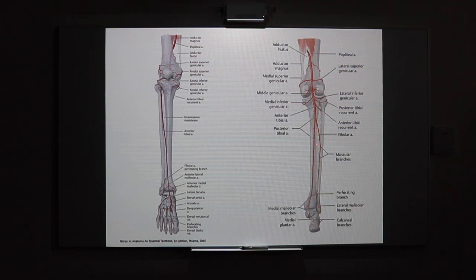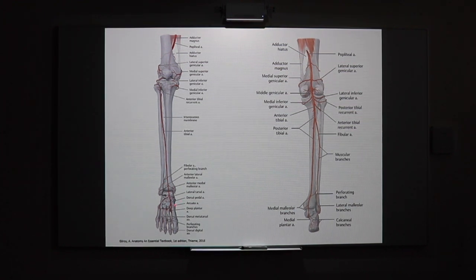The posterior tibial is going to go behind the soleal arch and will supply the posterior aspect of the leg. The anterior tibial is going to go to the anterior aspect of the leg and will supply the anterior aspect of the leg. If you follow the anterior tibial, it is going to go below the ankle joint. It will become the dorsalis pedis artery, and this dorsalis pedis artery is going to give an arcuate artery, and itself it is going to dip down from the space between the first and the second metatarsal to continue with the plantar arch,